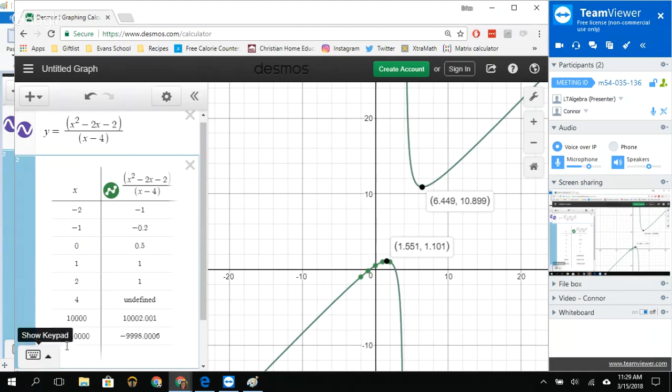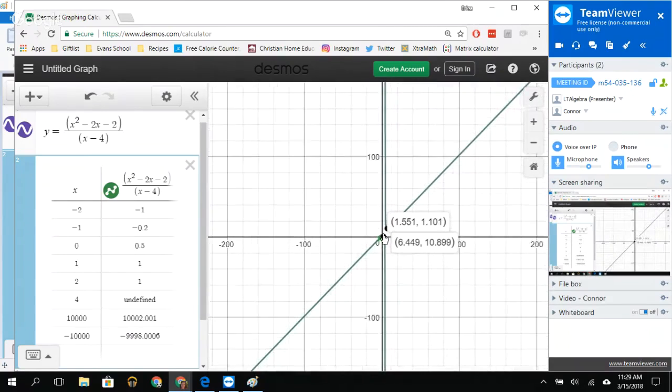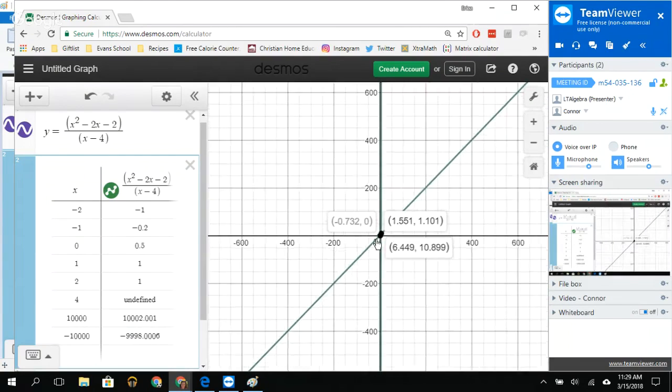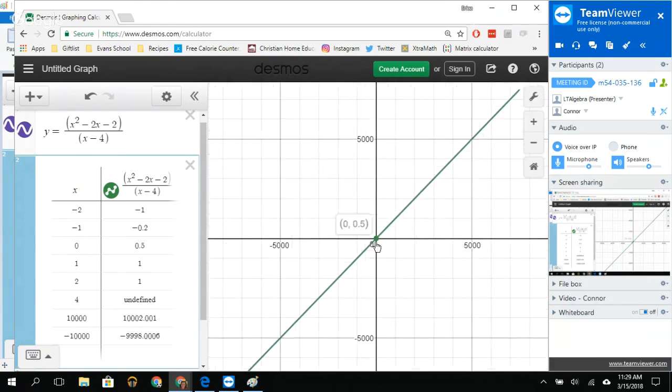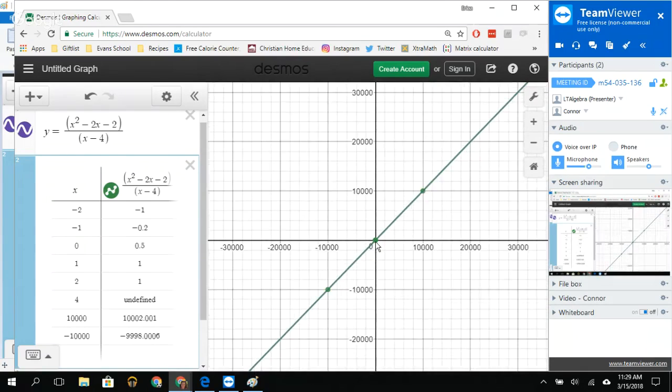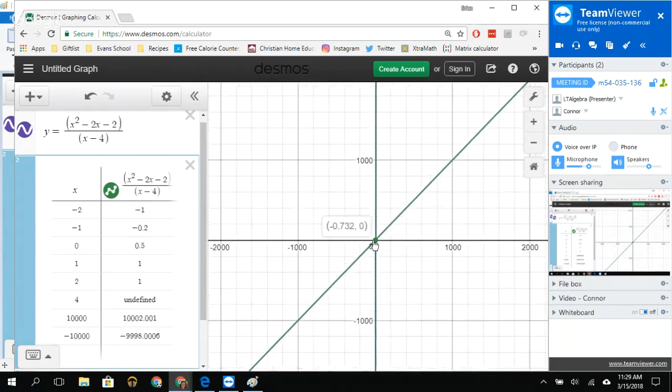I also notice that way out here when I get x to be a really big number, let's zoom out a little bit and see if my graph ever has any endpoints. Sorry for the crazy scrolling. So if I zoom out, I'm okay. The graph keeps going forever, right? When I zoom back in,